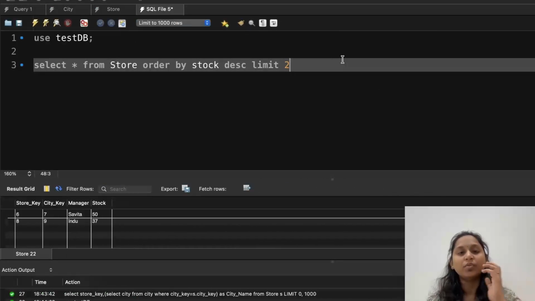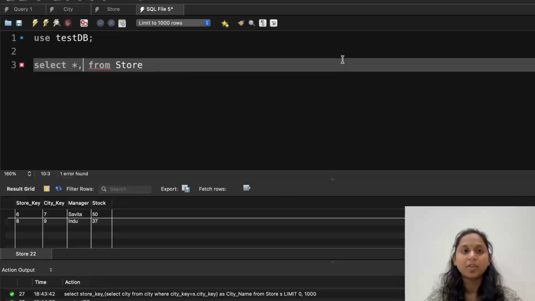How can you do it? So first of all, you want to label. How can you label? For labeling, you know the case. Whenever labels are used, you require a case. Fine, so what is the case? This is the syntax, case end. And then if you want to make some alias also, you can do that. After doing all this, whatever we get is nothing but your stock label. It will be a stock label name, yes or no? And how can I create a stock label? Using a when then. When then, it will be 2 times or 1 time.